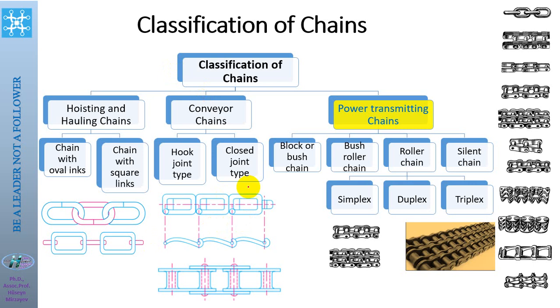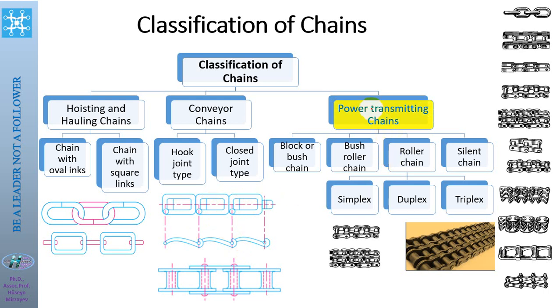For conveyor chains, this is very similar to the power transmission chains. This is also push and roller chains in these forms, but this is used for the conveying of the loads,